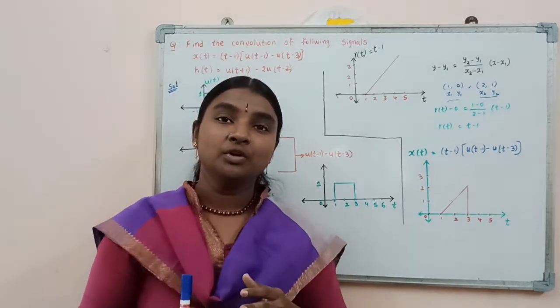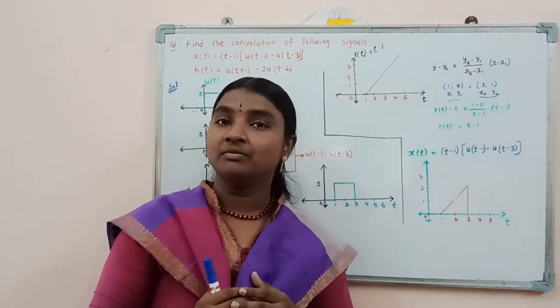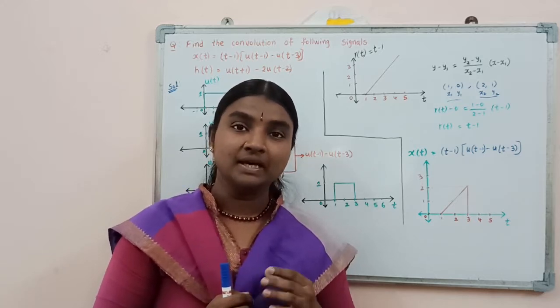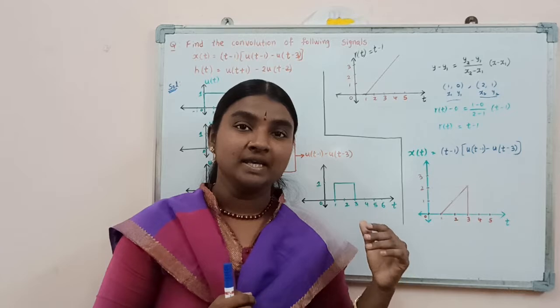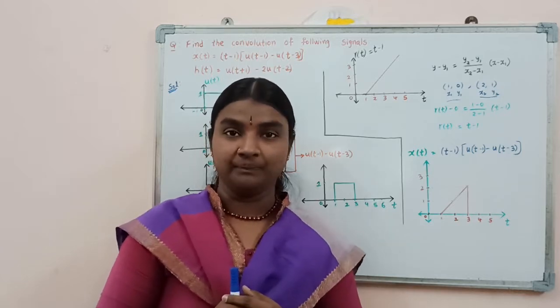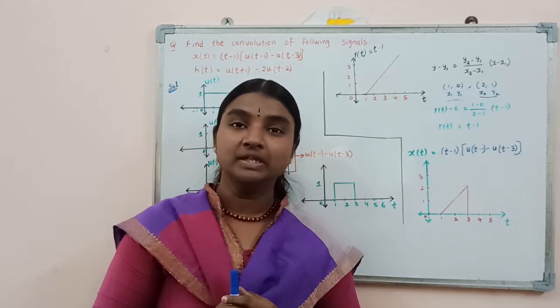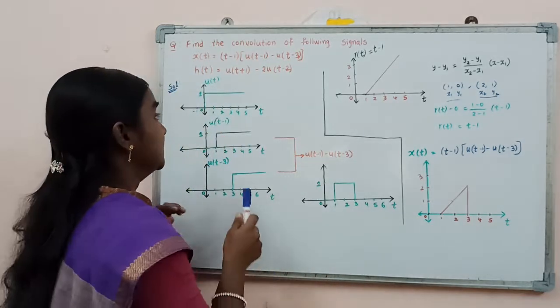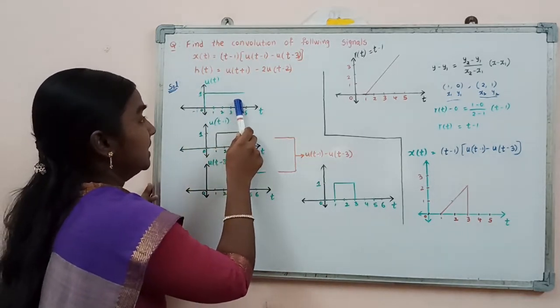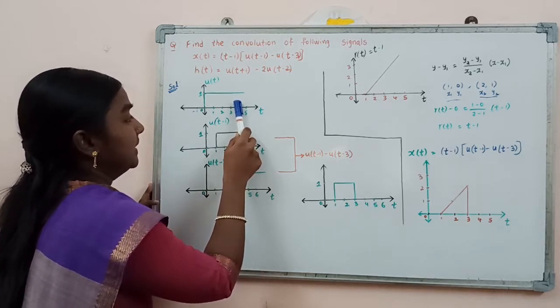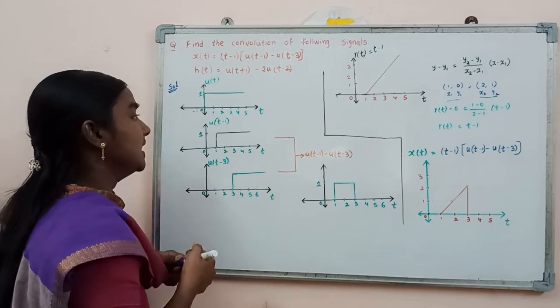So, before going to the steps of the graphical convolution method, firstly we need to represent the signals x of t and h of t. For that, firstly I am considering the unit step signal. So, this is the signal representing the unit step signal u of t, and here this is the signal u of